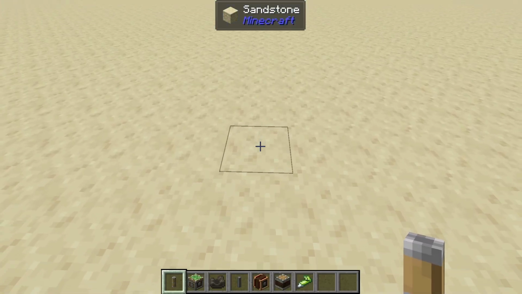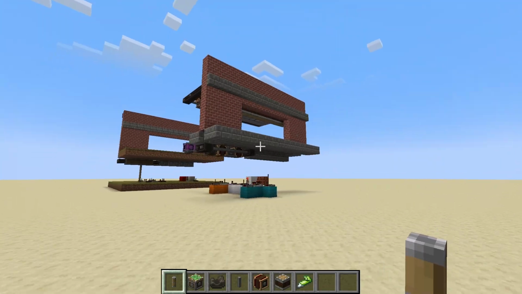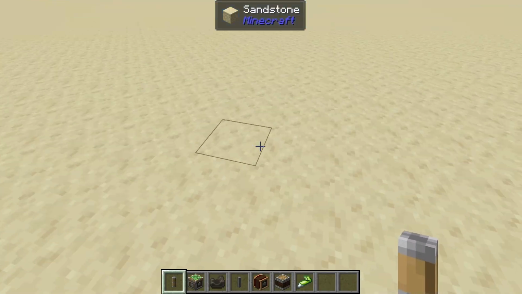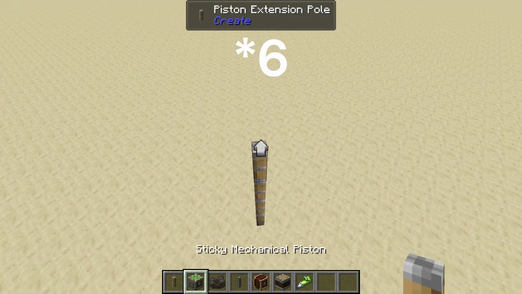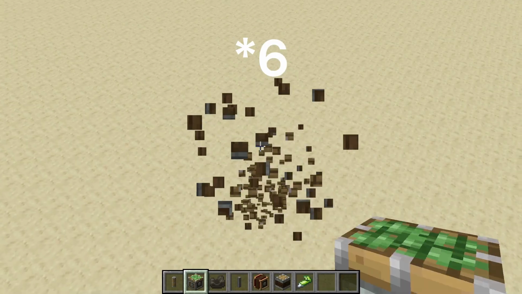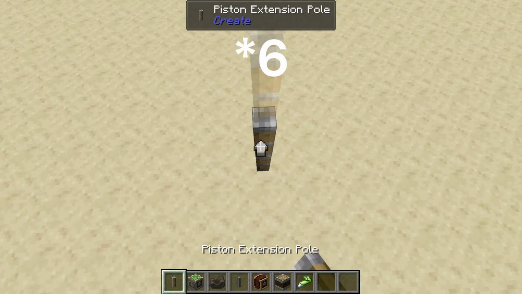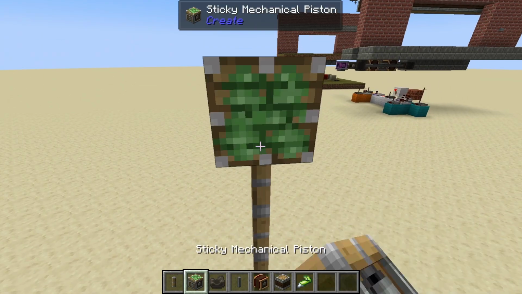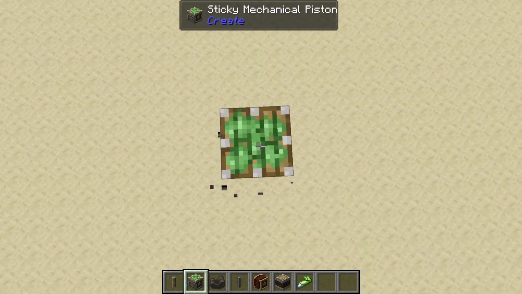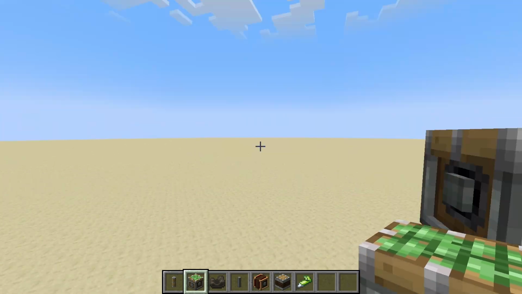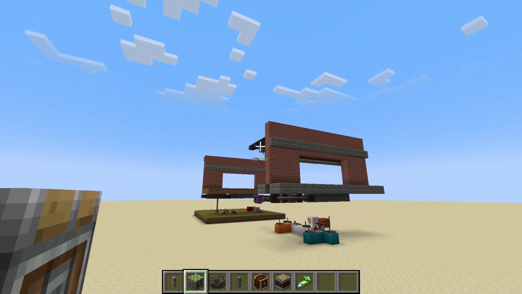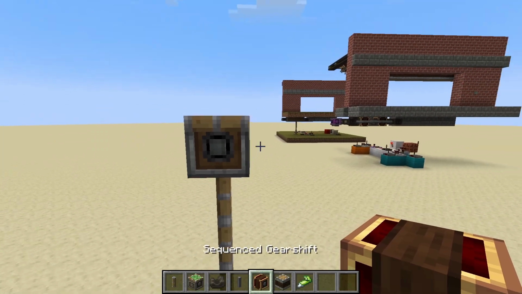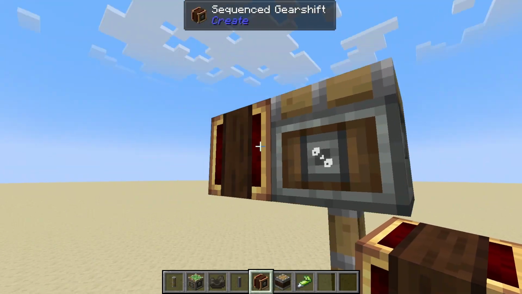Okay, so I'm going to start with the lower half of the door contraption. You just start off with the four of these here. Let me face it the other way, actually. Not like that. There we go. I just want the shafts coming out on this end because I'm gonna build it rotated to see how it affects these guys, sync with gear shifts. Speaking of those, one on each side,